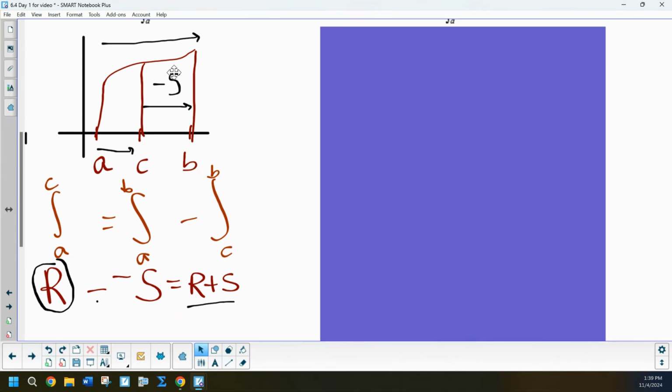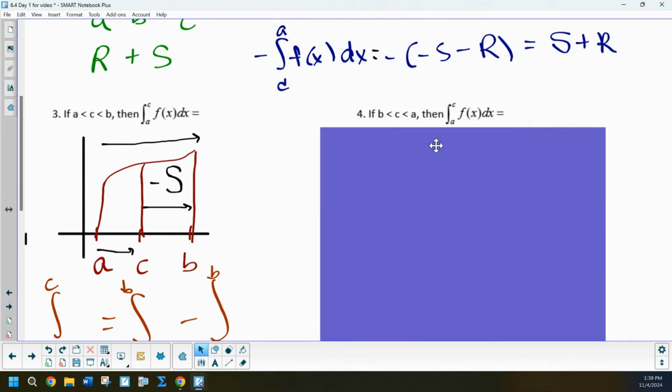Okay, that's supposed to be an S, not a 5. It looks like a 5. Let me see if I can redraw that. Negative S. Okay. And then the last problem, again, is going to go from B to C to A, but we